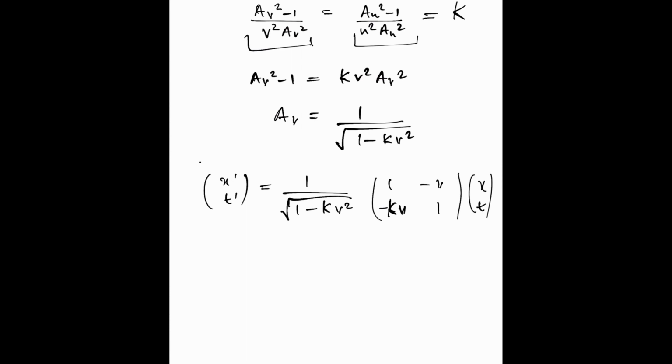And this is so simple looking, but it's so powerful. Okay, we used homogeneity of space-time, isotropy of space, and continuity of the transformation function, and we arrived at something that is shockingly simple,